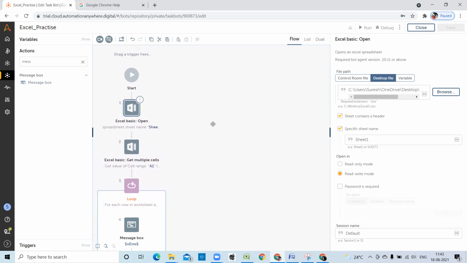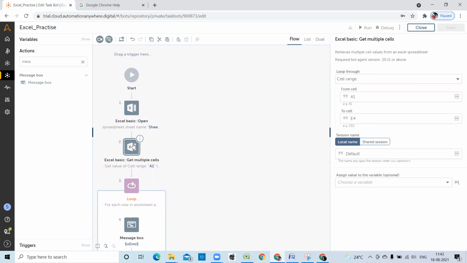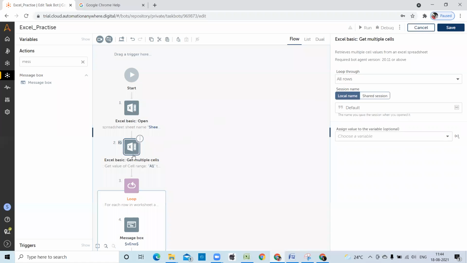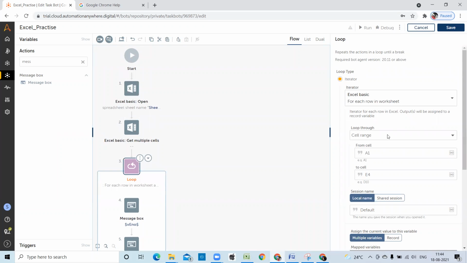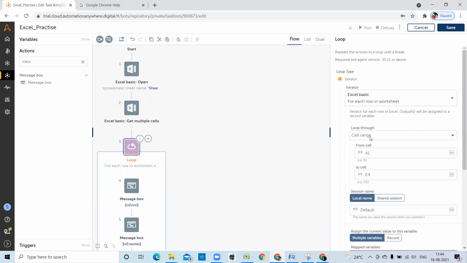Now I will show you one more thing. For example, I have selected get multiple cells, all rows. In the get multiple cells, I have selected all the rows. I'm going to the loop, but here I'm just selecting cell range, not all rows. So I'm continuing with my cell range option only. So how it works, we can see.